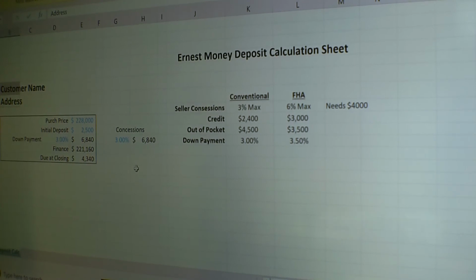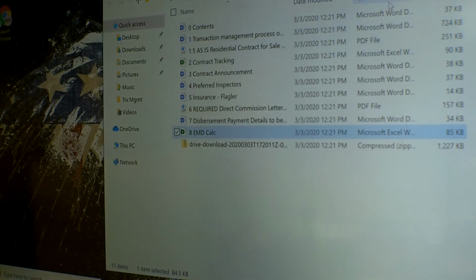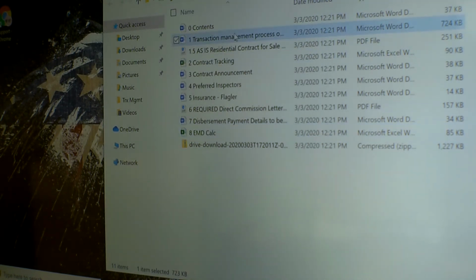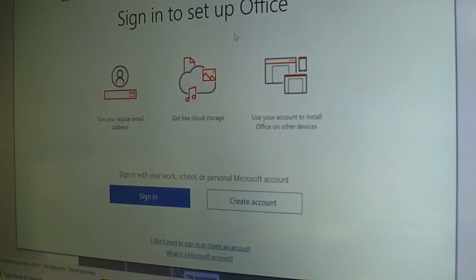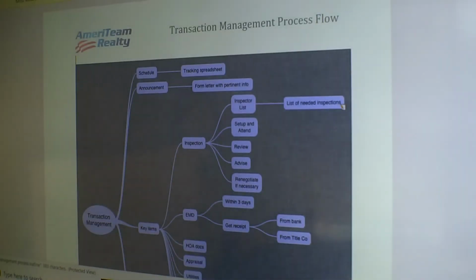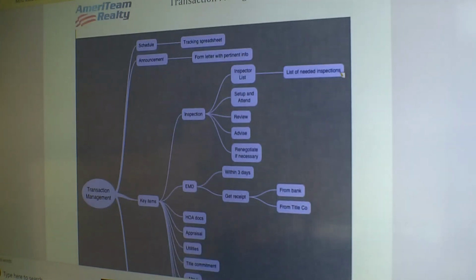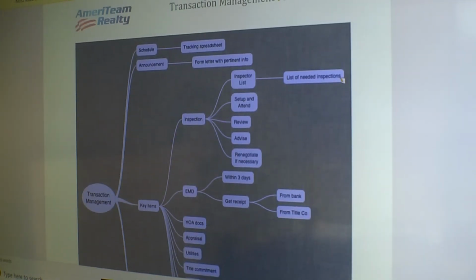So this is it. Really go back to the process flow, which I included. It's one transaction management process. So you can see now as we go through the process, we've got our schedule, we did the tracking worksheet in accordance with the line items in our contract. We sent out the announcement,